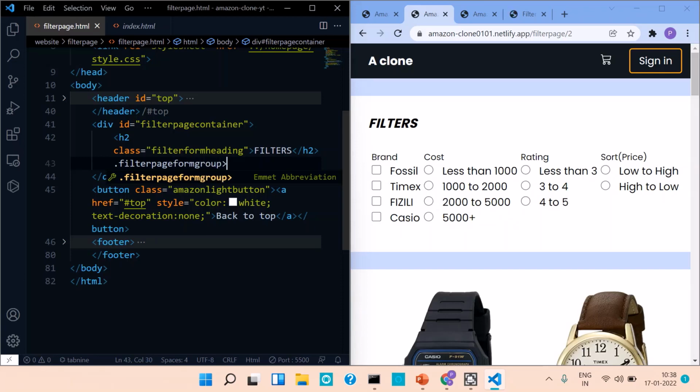Inside this filter page form group, we need one h2 which is for this brand, cost, rating and sort, like for heading. And let us give it a class of form label,